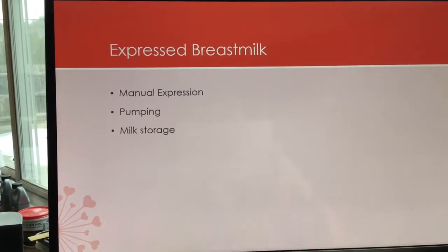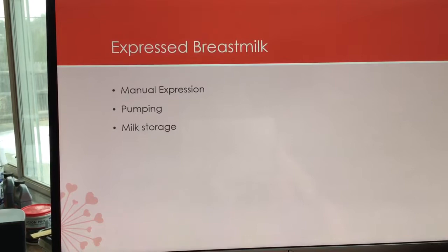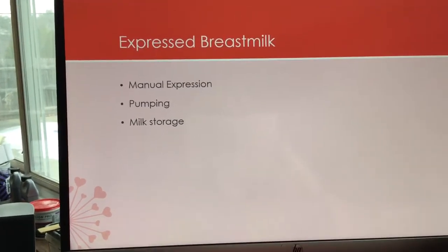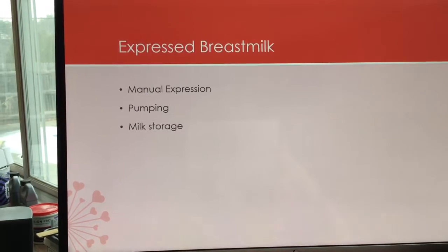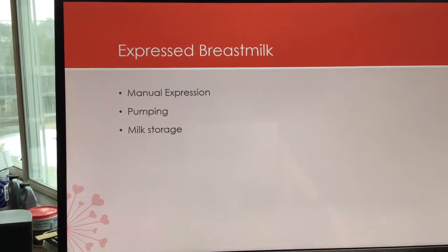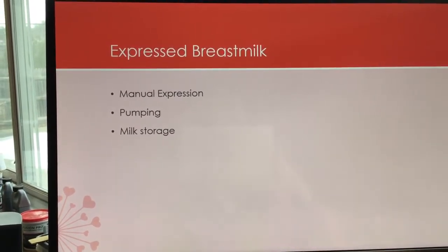And when we store milk in the fridge, it depends on the sources that I used to develop this lecture. Between your textbook and outside sources, the current literature is that breast milk is stable, meaning it doesn't break down, in the refrigerator for up to 7 days. Some texts will say 5, some texts will say 6, but there are also other sources that say up to 7 days. It has to be dated and timed,